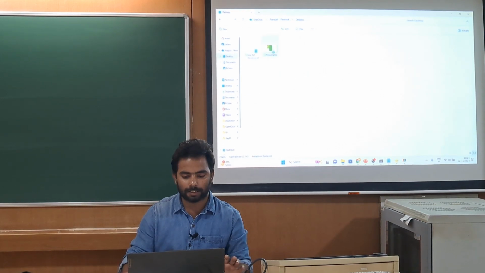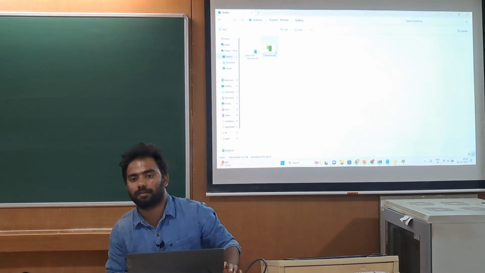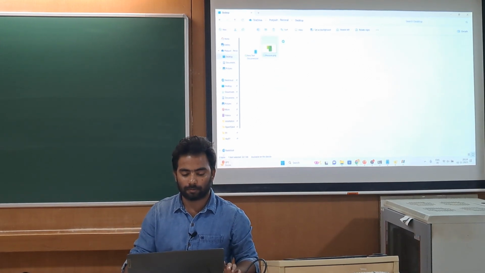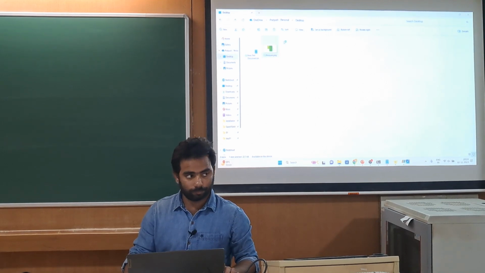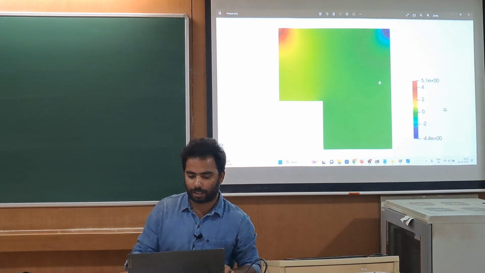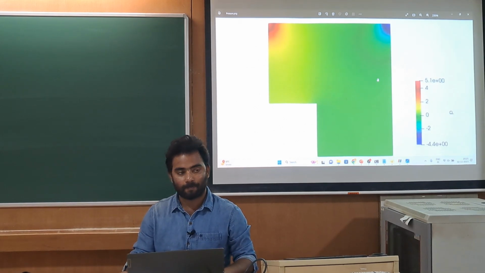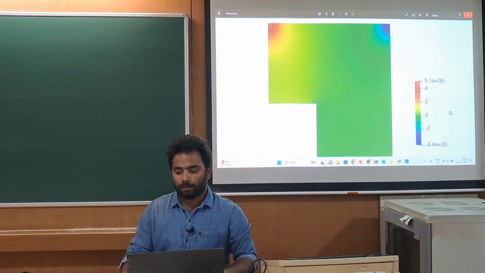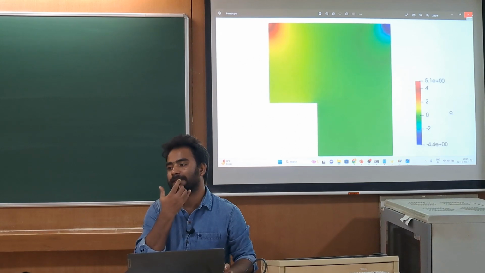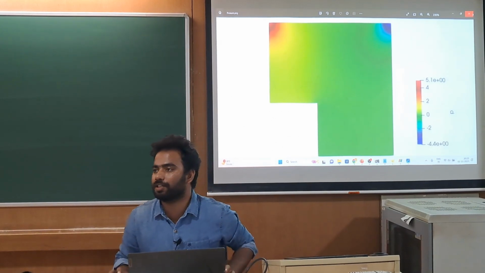So now you can see that this is the diagram that we have saved here. Pressure.png file. Okay. This is the diagram. So you can see the visualization is not bad. Okay. Everyone has got this PNG file. Now I think we can understand the different folder structure of the test case.